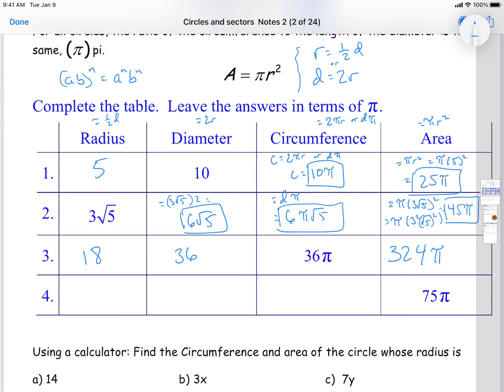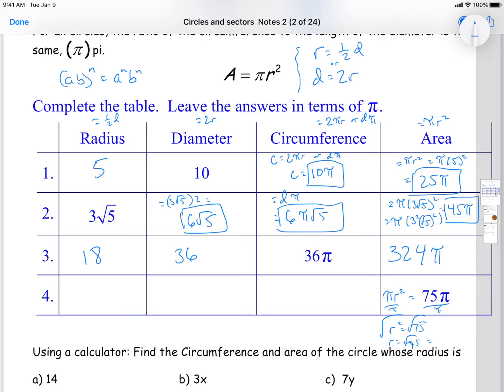What about for number 4? All right, so if my area is 75 pi, how am I going to find any of these pieces of information? Again, I understand that this one's harder. Remember that this is equal to pi r squared. Which means that if I divide both sides by pi, that means r squared is equal to 75. If I take the square root of both sides, I get r is equal to the square root of 75. Oh, sorry, I wrote 25. 75, which when we simplify it out,